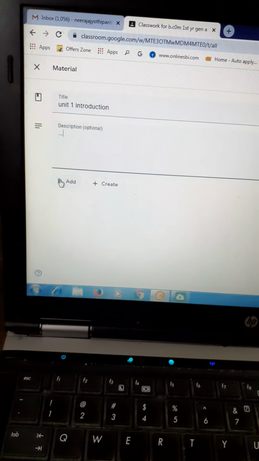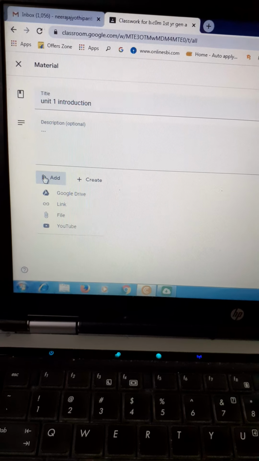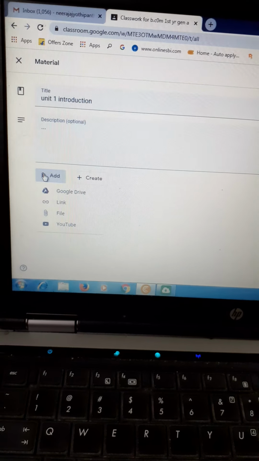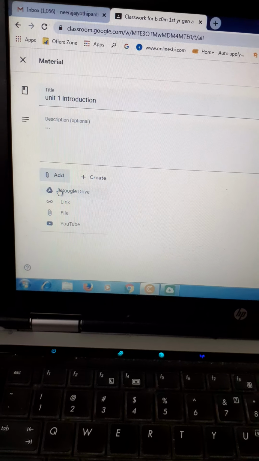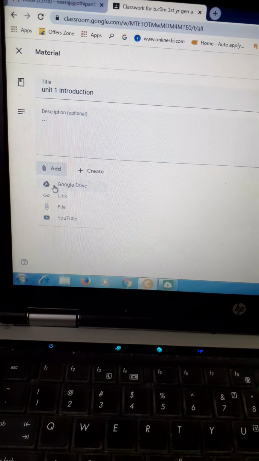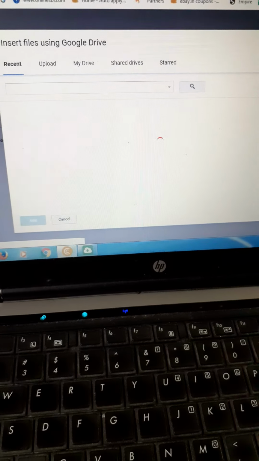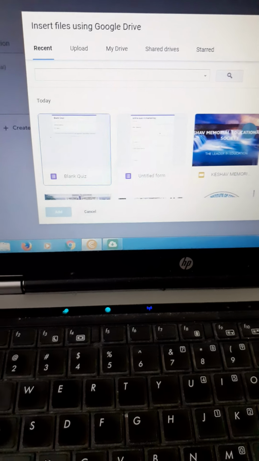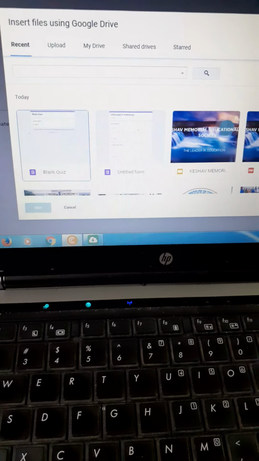First of all you have to keep your material with you, like in PPTs, like files, like links, how you want to upload through YouTube or anything, you must have some planning. So with that planning you can share to them. For example, Google Drive. So if we observe Google Drive, I selected Google Drive. In my drive some materials are there.